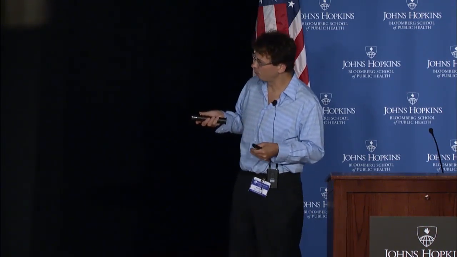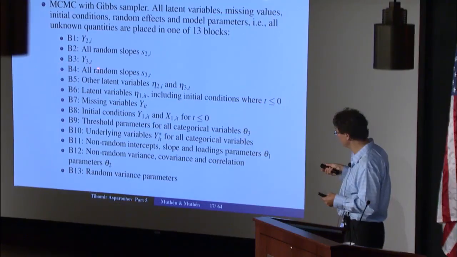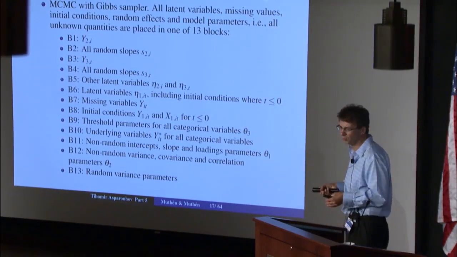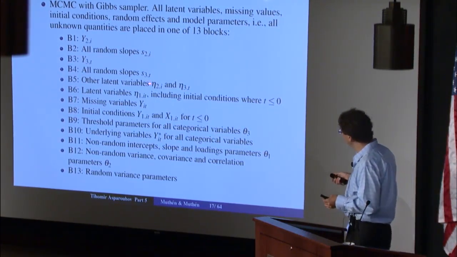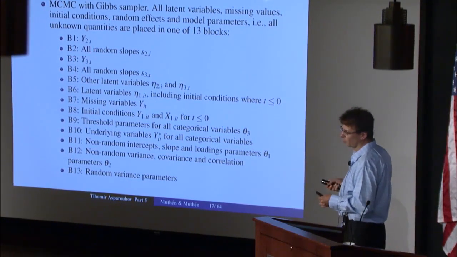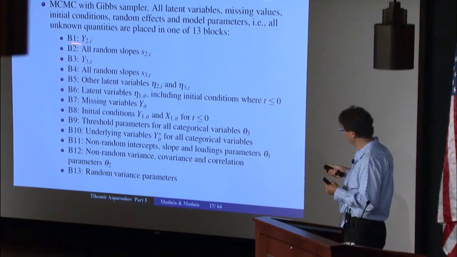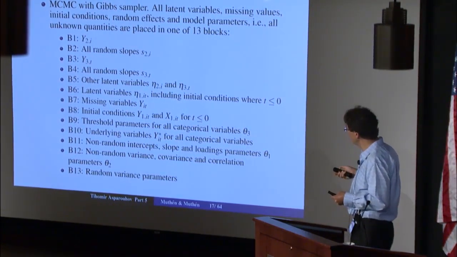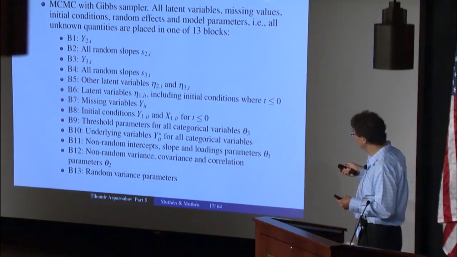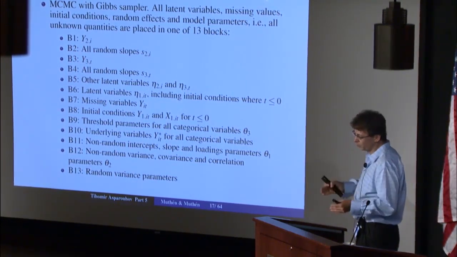Therefore, we split these blocks into time-specific blocks. When we update these, we don't update the whole block as a whole, but rather these time-specific blocks. Y3t would be updated sequentially